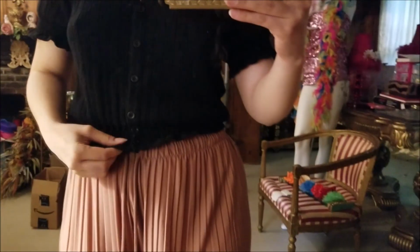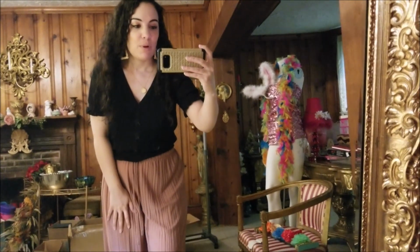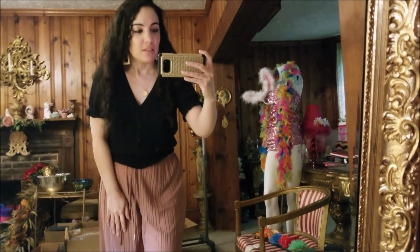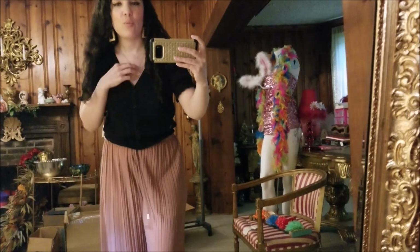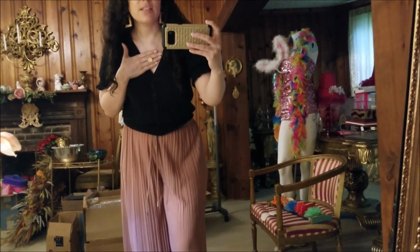But yeah, this is such a cute little top. It's got ribs and, like I said, the buttons, and it's gathered at the sleeves and here at the waist, and it's very comfortable because it is 100% cotton. And it fits me perfectly. I got the size medium because I didn't want it to be too tight. And I'm wearing my pretty gold necklace that I was gifted. I'll link that below if I can remember. And yeah, the shirt was